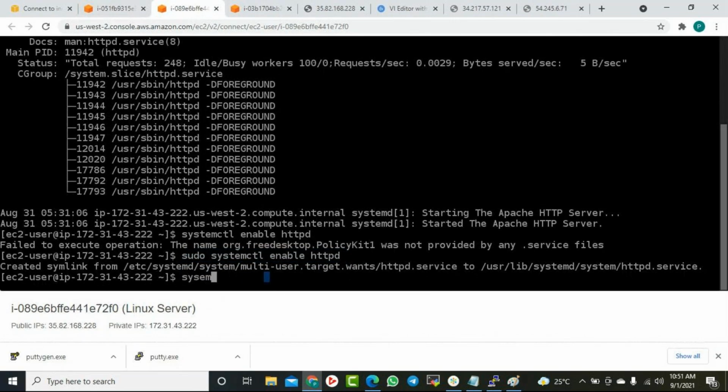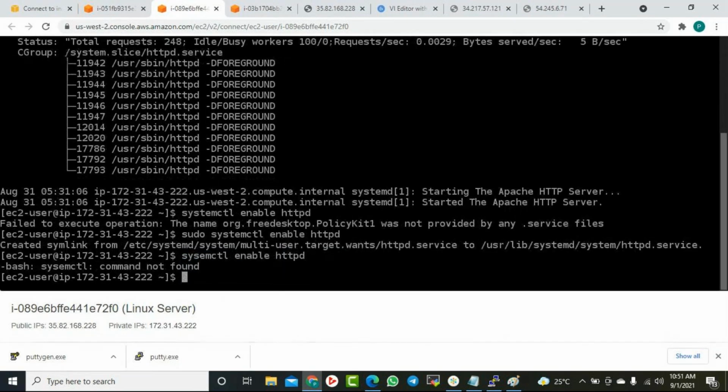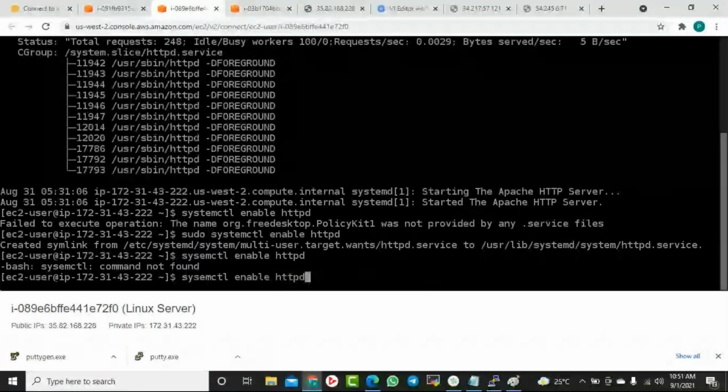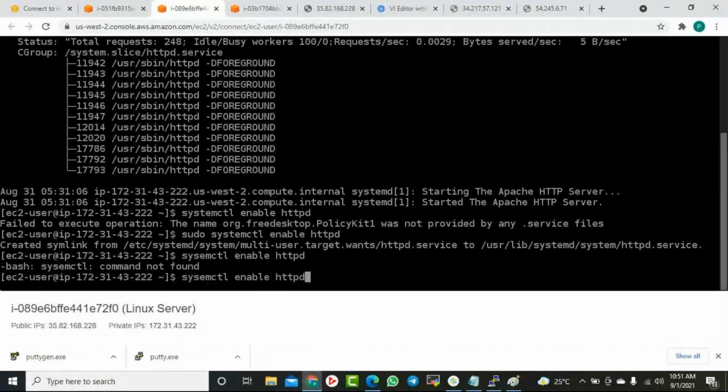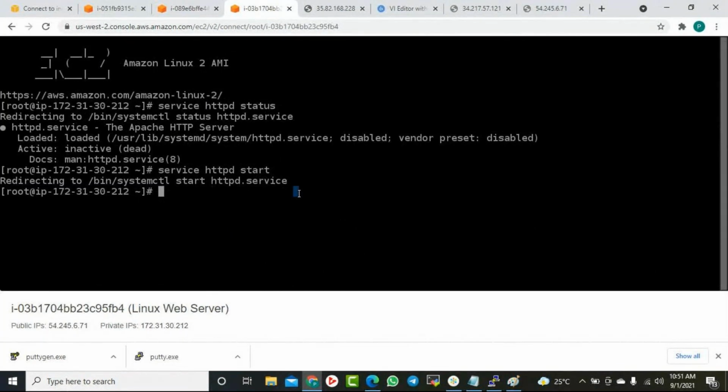Systemctl enable httpd. So next time it will be fine. The t is missing in that command.